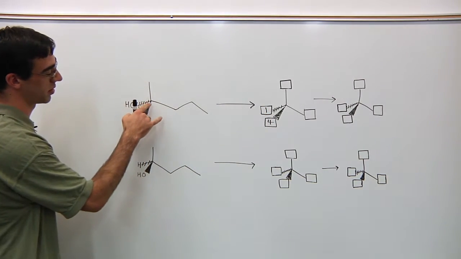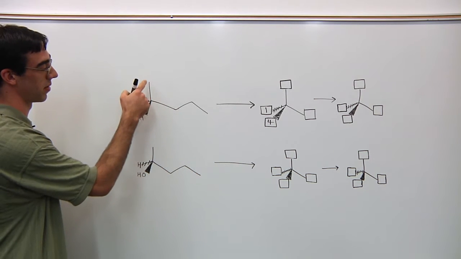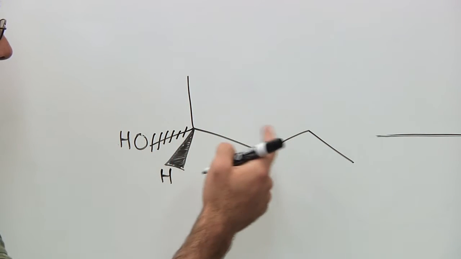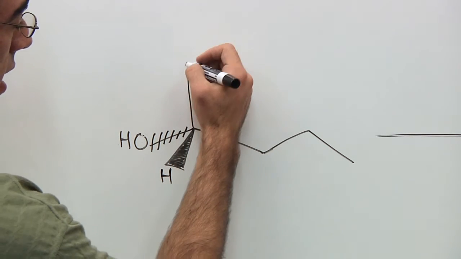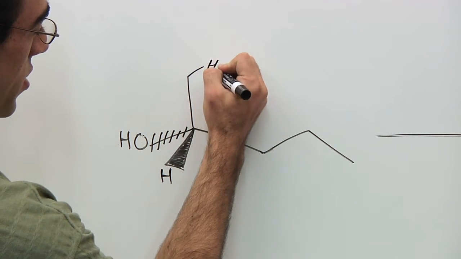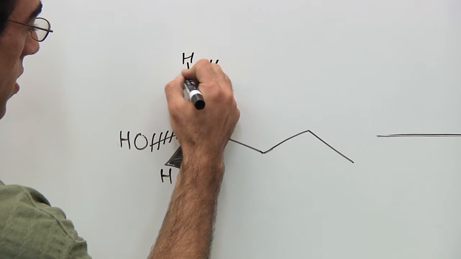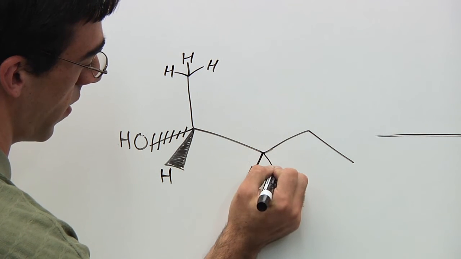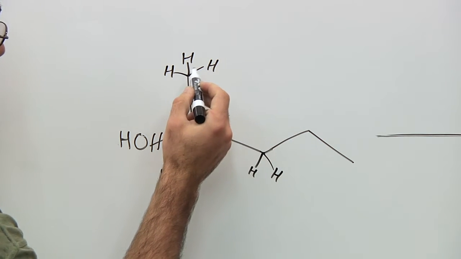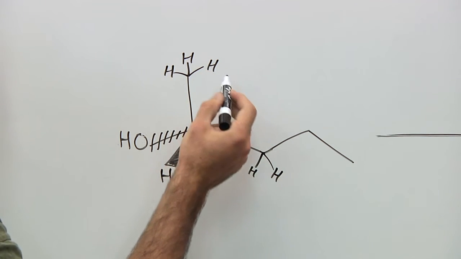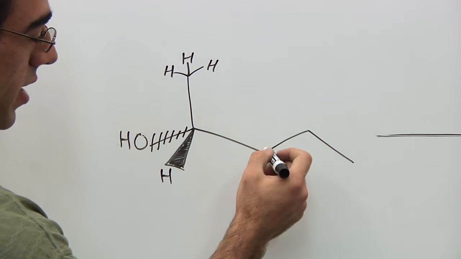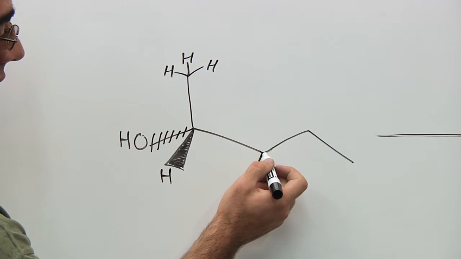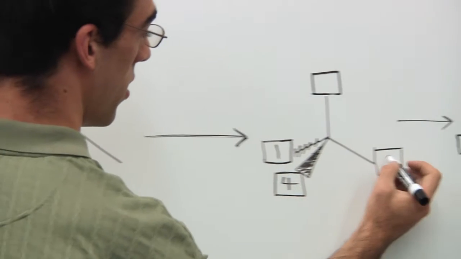For these 2 groups, connected to the chiral center is carbon. In order to distinguish between which one has a higher priority, you must go out one further from the actual carbon. This carbon is attached to 3 hydrogens. This carbon is attached to 2 hydrogens. This carbon is attached to 3 things which have lower priority than the 3 groups attached to this carbon. Therefore, this carbon has a lower priority than this carbon. Let's designate 2.